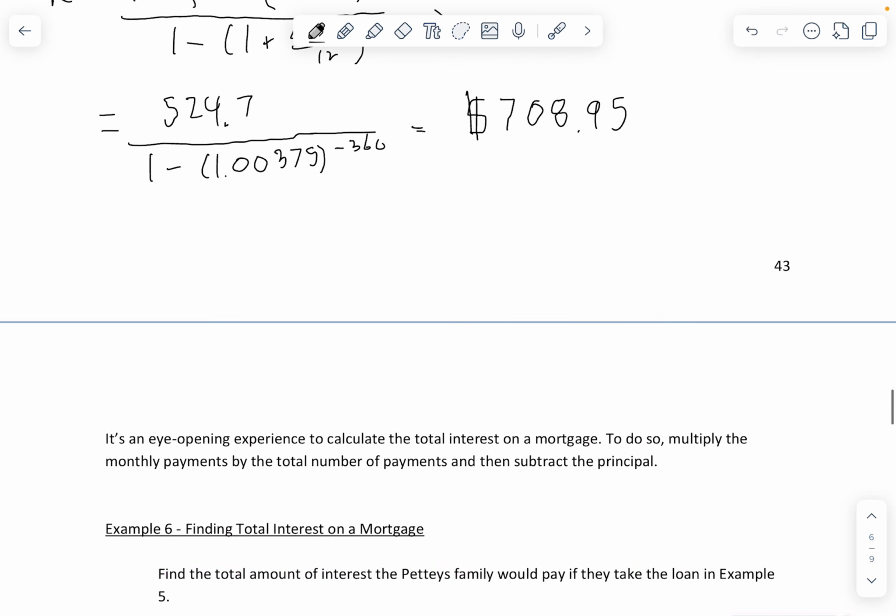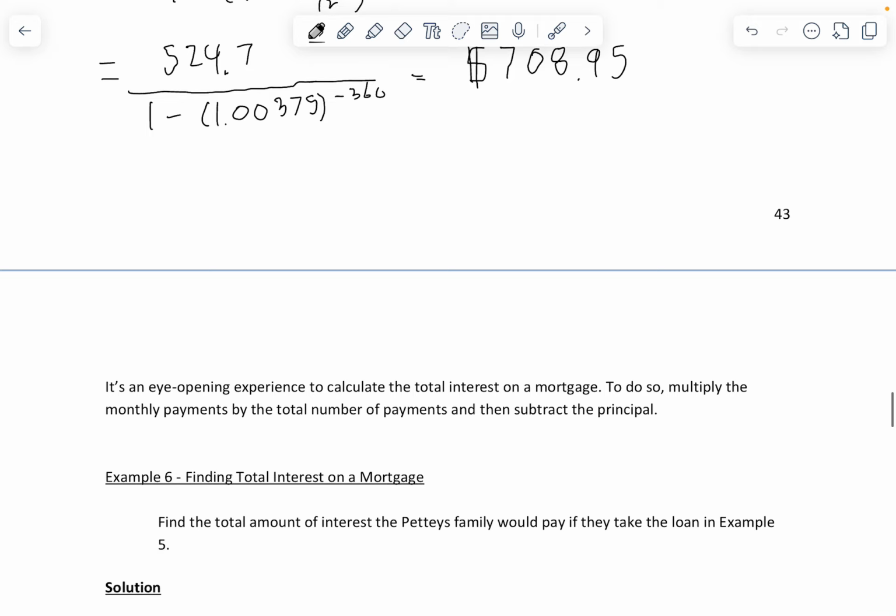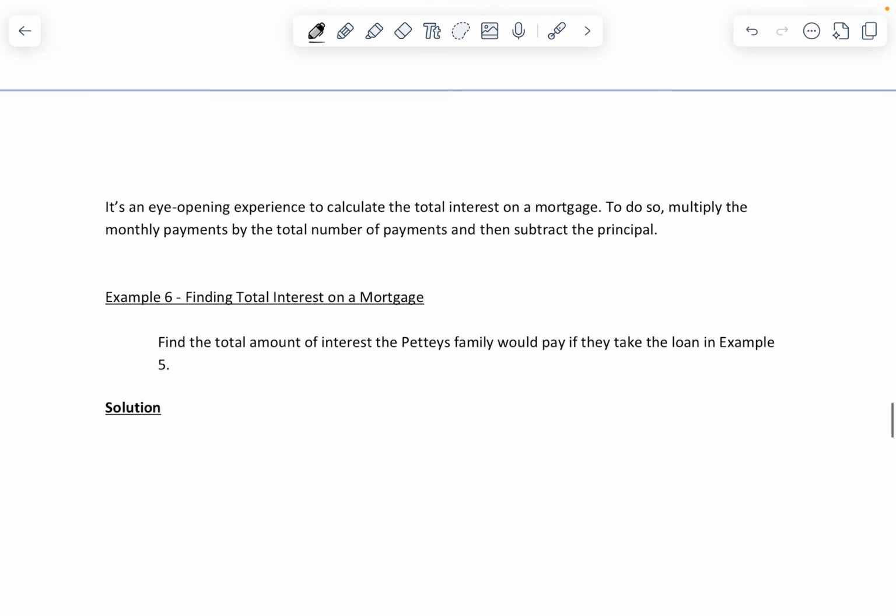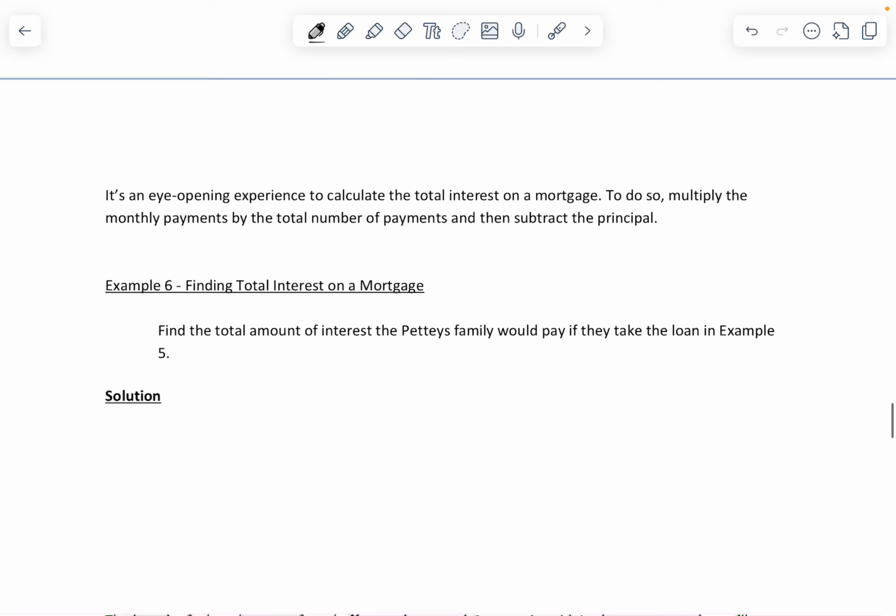It's actually a pretty eye-opening experience to calculate the total interest on a mortgage. To do this, we multiply the monthly payments by the total number of payments and then subtract the principal. Let's do that here in example 6. Find the total amount of interest the Petty's family would pay if they take the loan in example 5. So we said it was a 30-year mortgage, right? So the number of payments